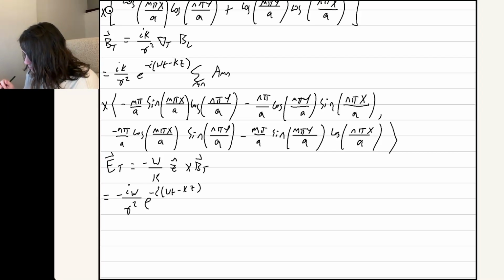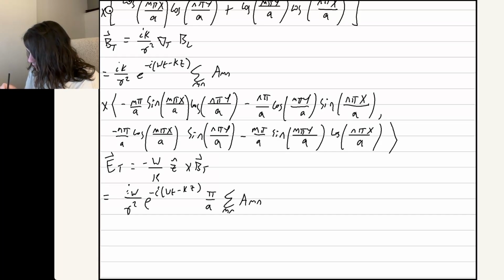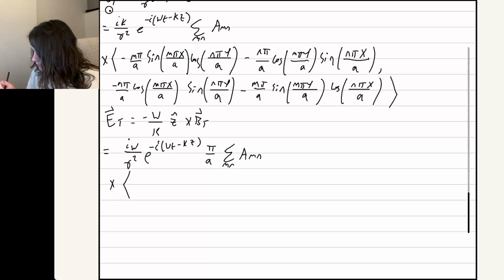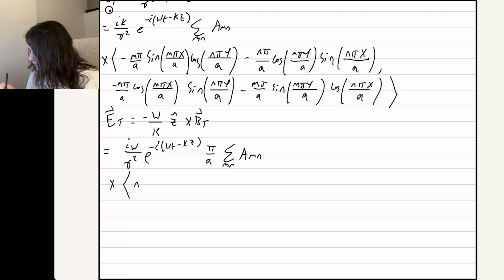We're going to factor out a minus sign from all this, so we're going to have a plus. And then we're also going to factor out pi over a. And you have the sum over m and n of the constant. And then the vector, you're going to have the y component replace the x component, so now we have n cosine m pi x over a,